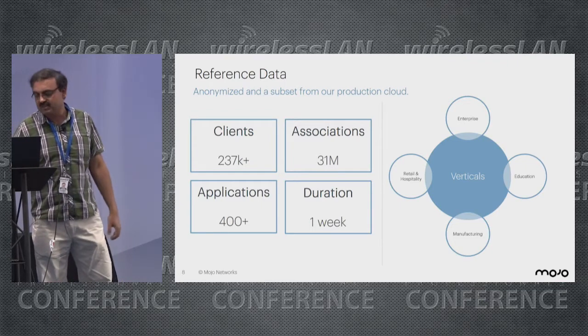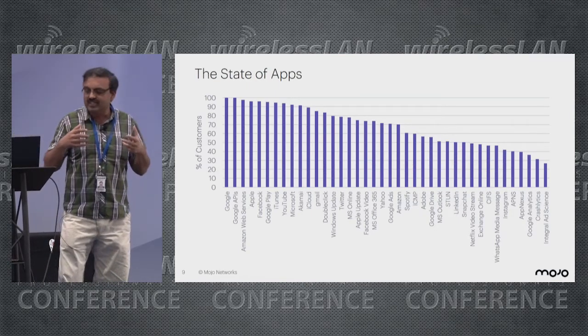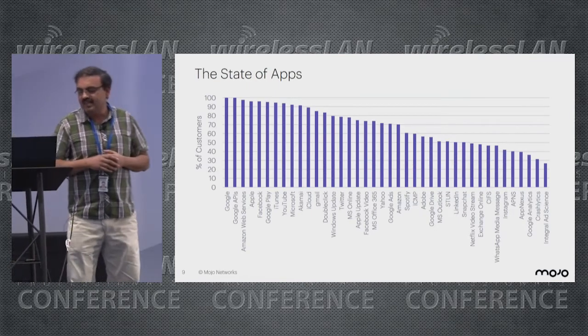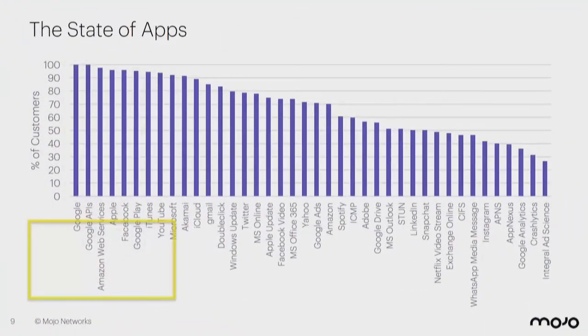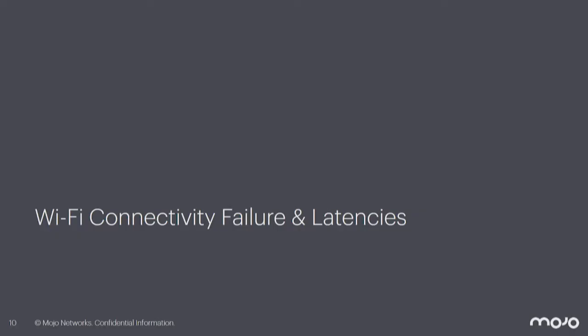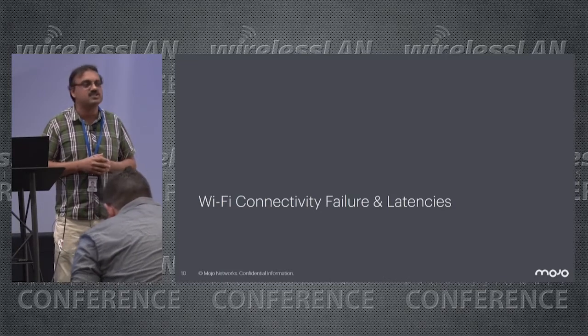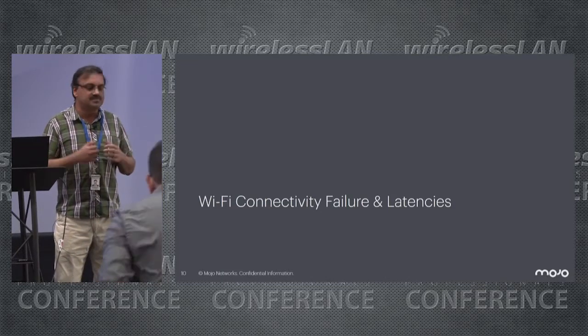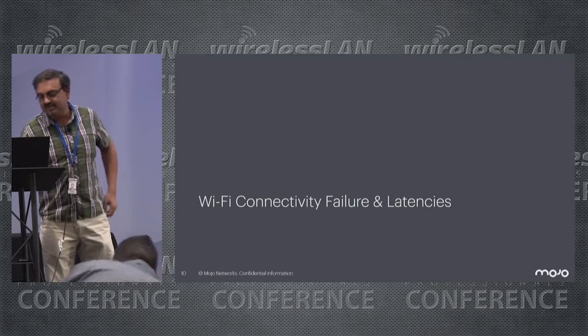Right? So quickly, let us look at the apps that are being used in our deployment. We see that clearly the Google apps dominate. I think that's not surprising because everyone uses them today. And as I mentioned, we have seen more than 400 apps that the clients are using. We've been able to identify all this because we have a deep packet inspection engine, and we run a lot of algorithms at the back end to determine and come up with some of these statistics.